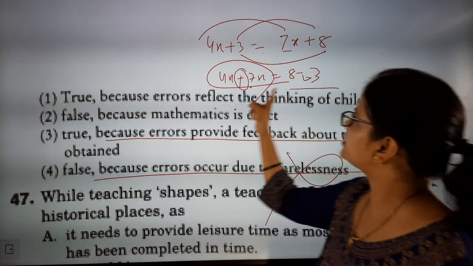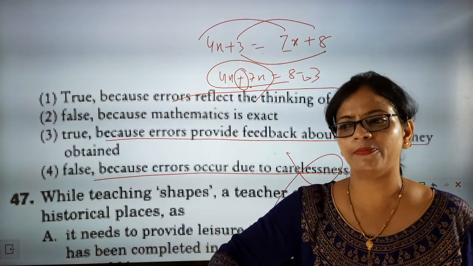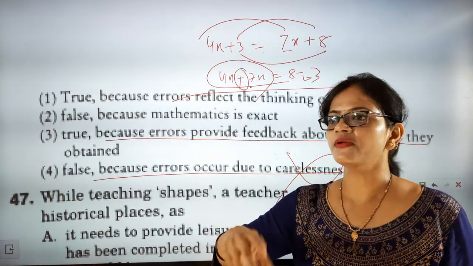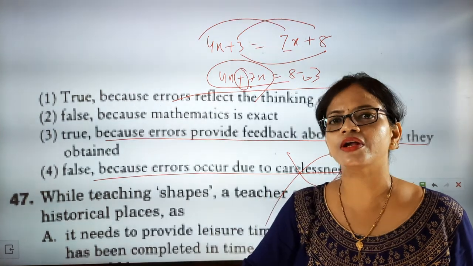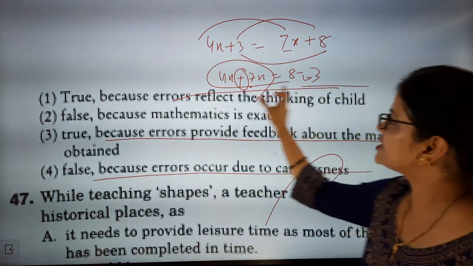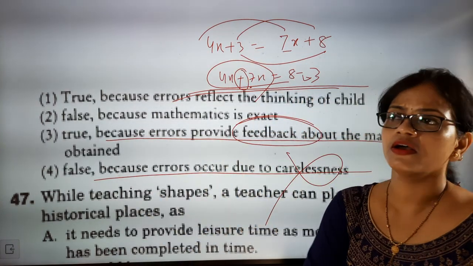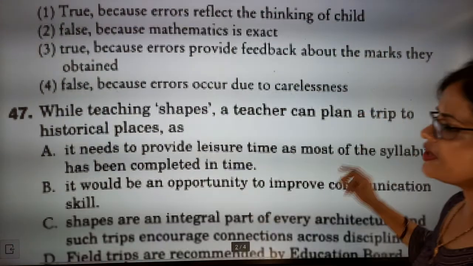So next time when the teacher is correcting the paper, the teacher will know, because once we see the paper, we will come to know that the child knows the concept, but somewhere it blocked the brain and the child is unable to execute it. So next time we will tell the child to be careful while handling the steps. So we will provide the feedback here. So option will be 3. I hope it will be helpful for you.